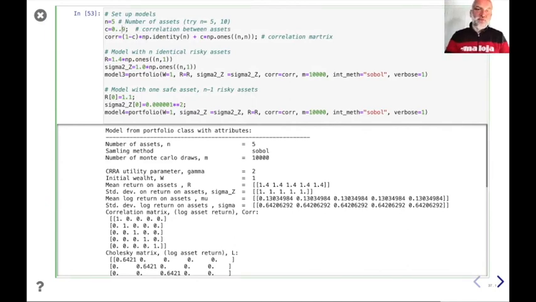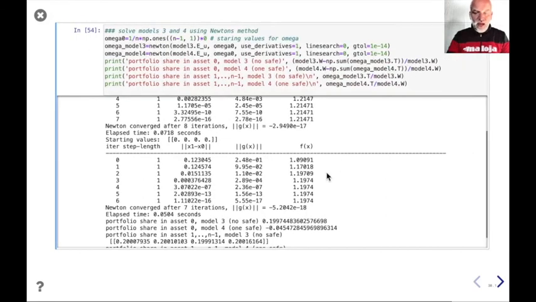Now these shocks are very correlated. So if the return on asset 1 is going to be low, you're going to lose on asset 2 as well with a high probability. So they really move close together. All the assets move together like this. Very correlated. So let's consider that case and see how that changes the optimal portfolio share in the safe